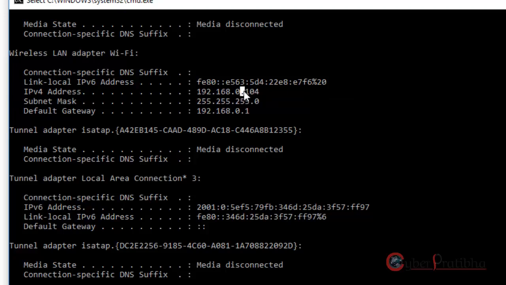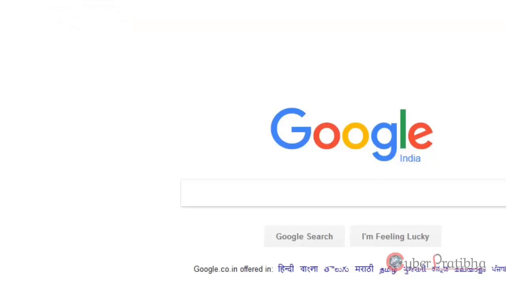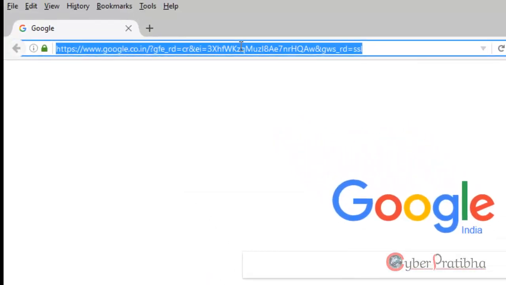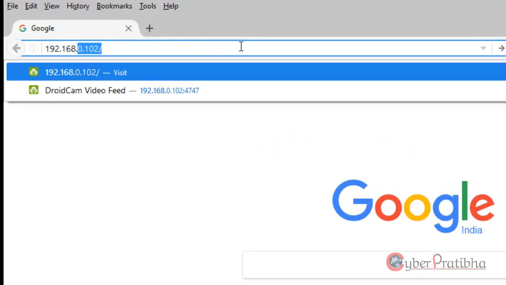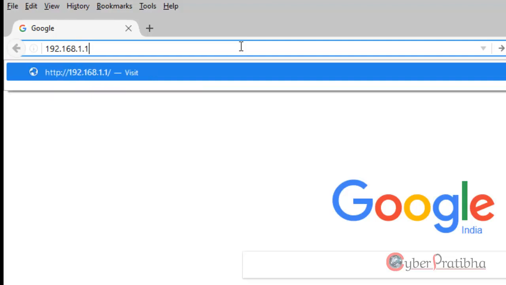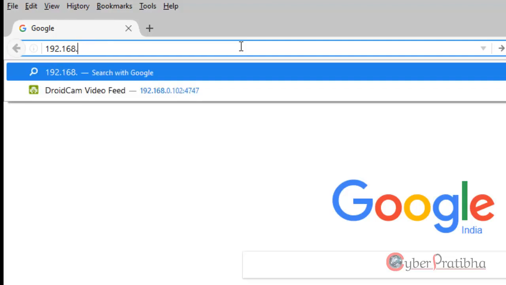We need to put this here: 192.168.0.1. Most routers have the IP address 1.1, but my router has 0.1, right?